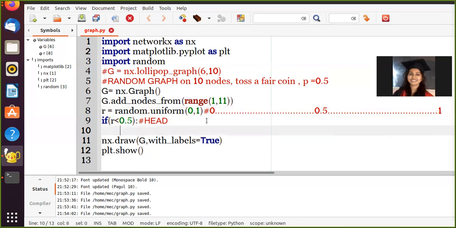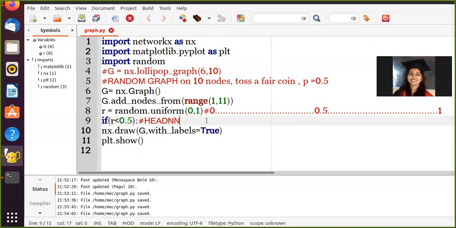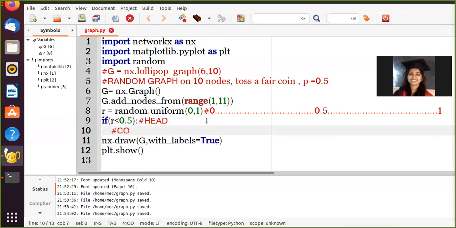So if r is less than 0.5, I want to connect two nodes. Which two nodes do we need to see? I'm going to connect the nodes under consideration, else not, right?